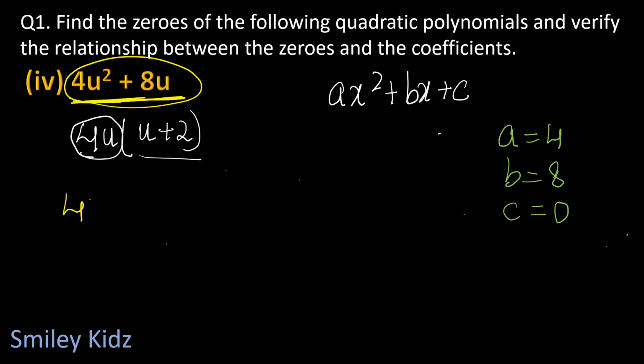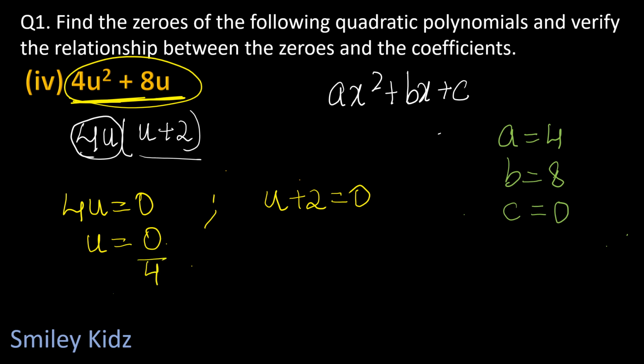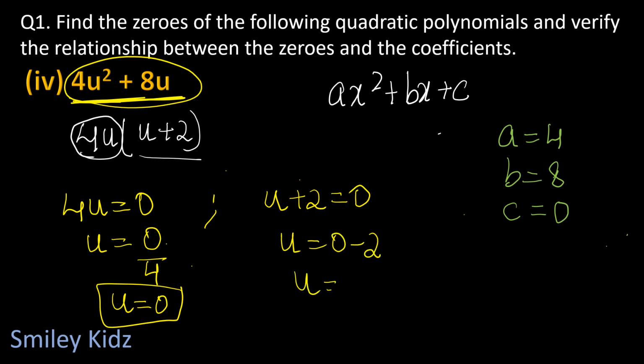So 4u is equal to 0 and u plus 2 is equal to 0. Now here u will be equal to what? 0 by 4. U will be equal to 0. And then here u will be equal to 0 minus 2, so u will be equal to minus 2. So the zeros of this particular quadratic polynomial 4u square plus 8u are 0 and